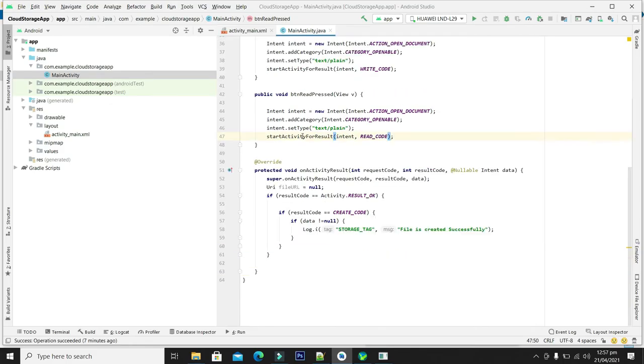So okay guys, this will open an intent with the read code. Now let's write the code for writing the file and reading the file.